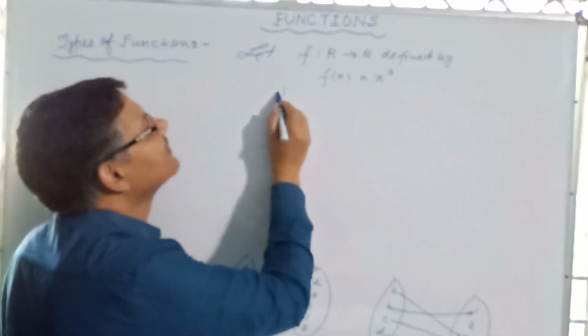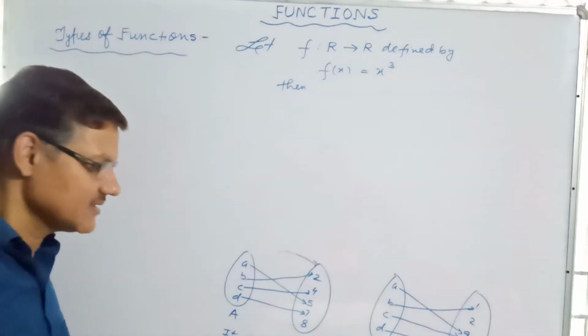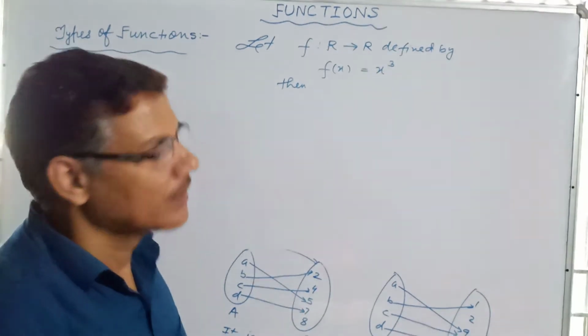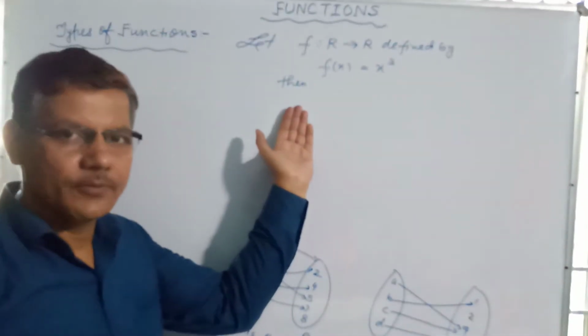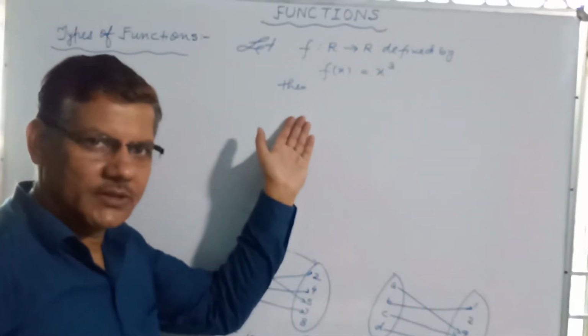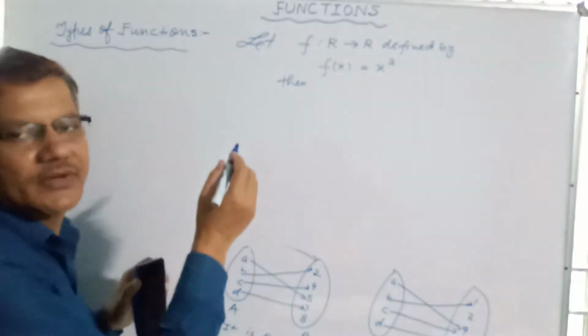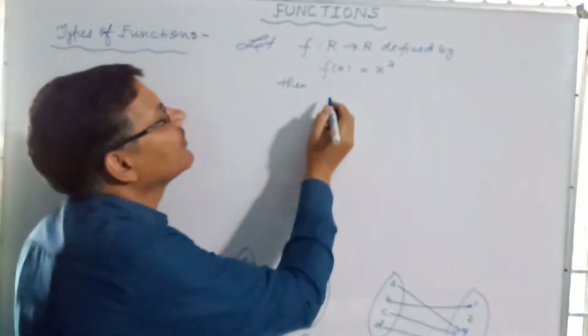Then just, what's one way to check it? This is the rule in maths: if we want to prove it, then we prove in general, and if we show it is not one-one, in that case we are supposed to contradict. Since it is a one-one function, that's why I use the algorithm